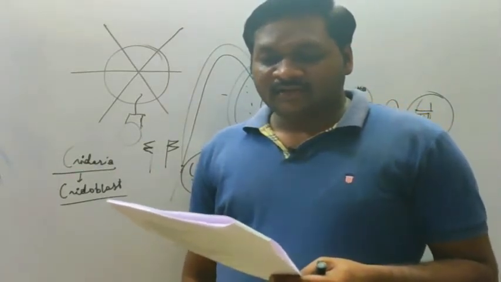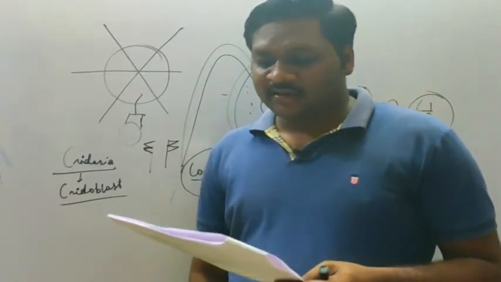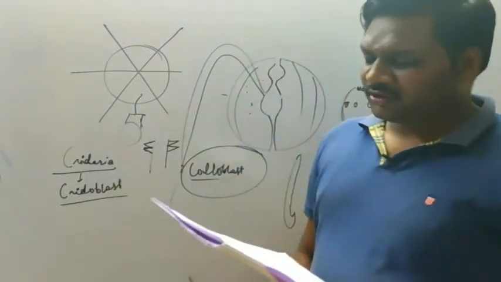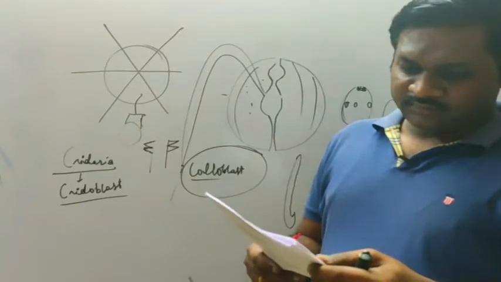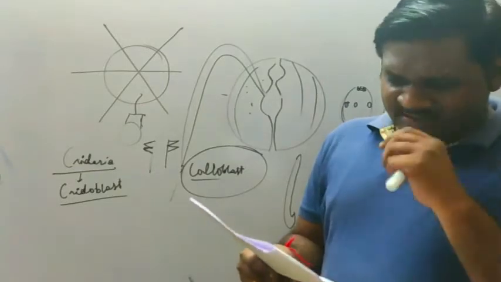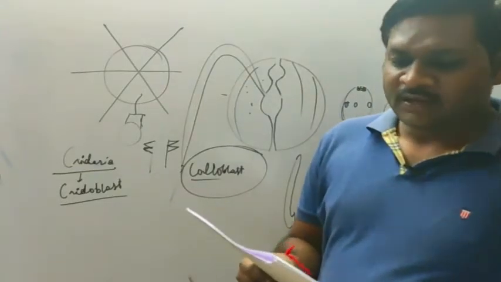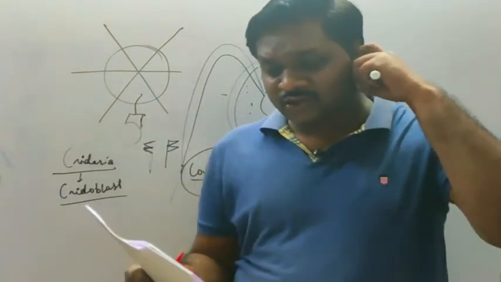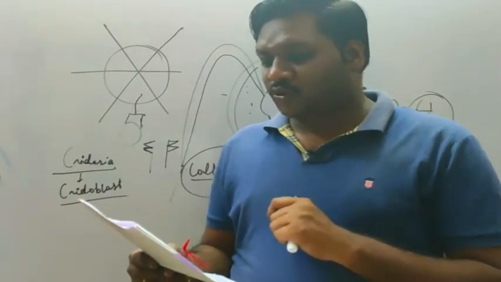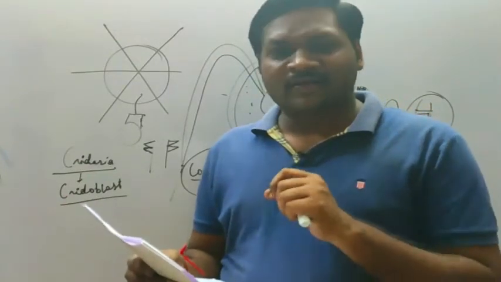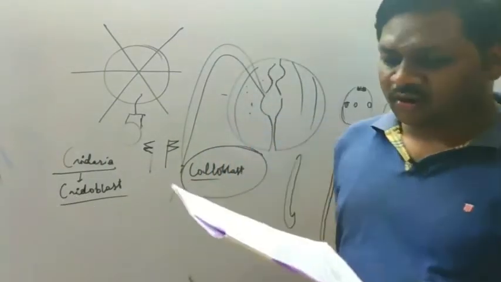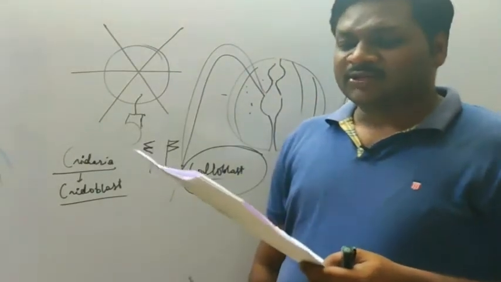The next, in which of the following classes of phylum Mollusca torsion occurs? Options are given: Gastropoda, Pelecypoda, Cephalopoda and Monoplacophora. As I told you about the classification, I have given the classification of phylum Mollusca. You can also refer there. Gastropoda: torsion is a larval stage. So in Gastropoda, the torsion type of larval stage occurs. The next, that is option number A.